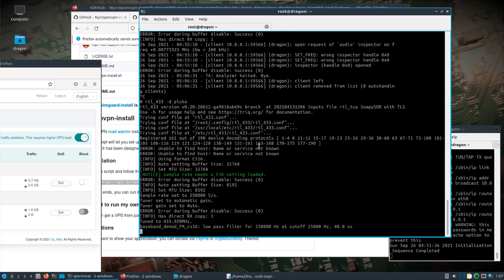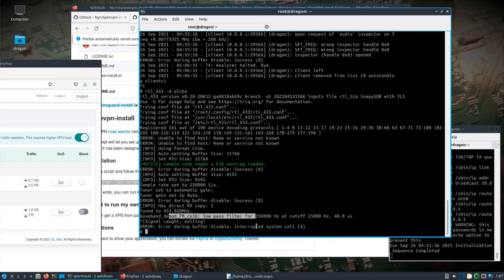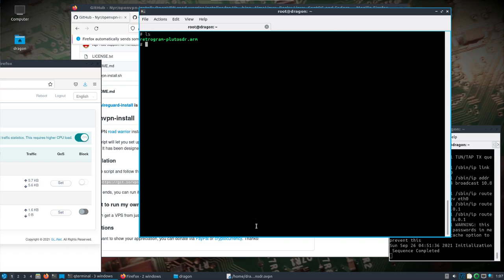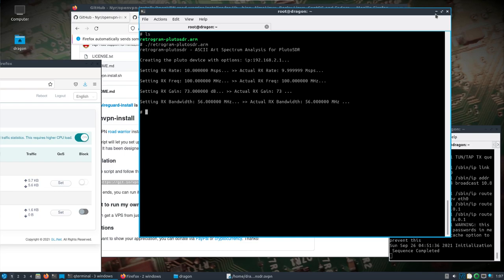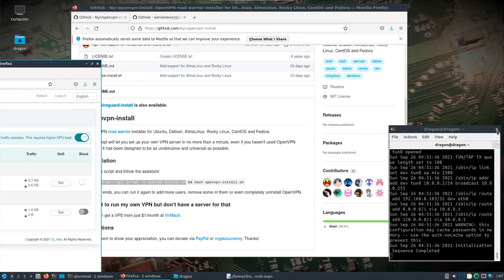And so I have nothing around here, so it'll pretty much just sit on this last line here, but it does work. I have checked it out in areas where there are some devices, and that works. And then of course in the root folder you've got the Retrogram there, so that's also over the VPN. Alright, so let's see, we can exit out of here. We'll exit out of the VPN,